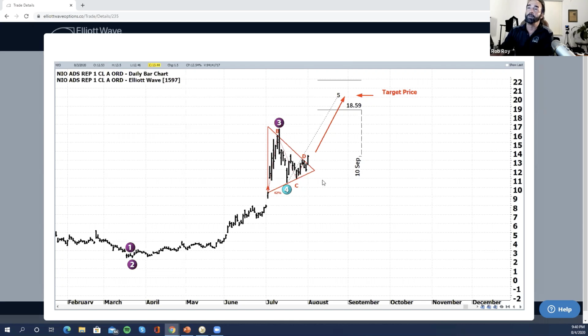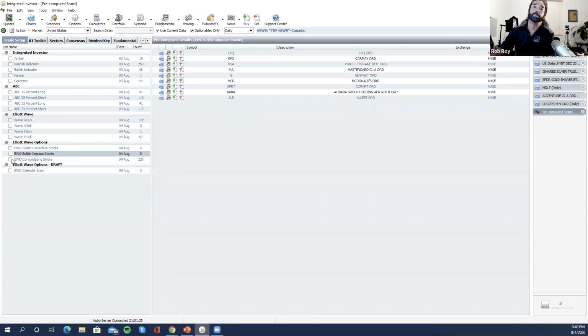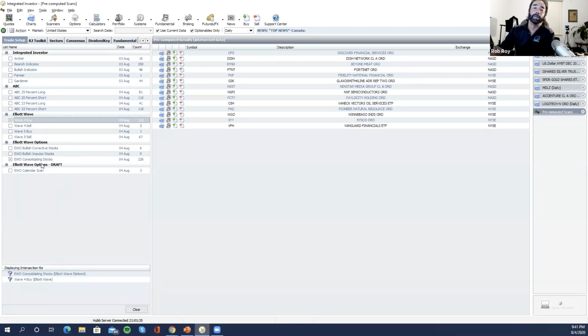And there's that triangle tool again, highlighting it and illustrating it for you, and you can see where the target price is. So that's the newest alert that we sent out. So what I wanted to tell you is that you could come over here and click on that, and if you wanted to do it in the wave 4 buys, now you can find patterns just like we found with NEO. And instead of having 226 results, if you wanted the triangle patterns in conjunction with the Elliott wave, then